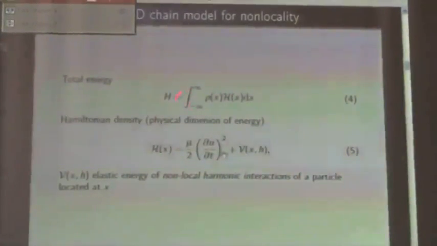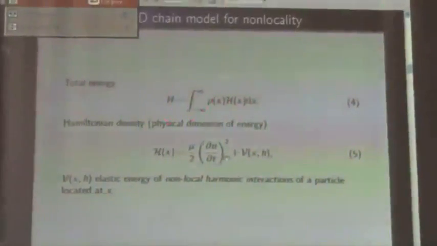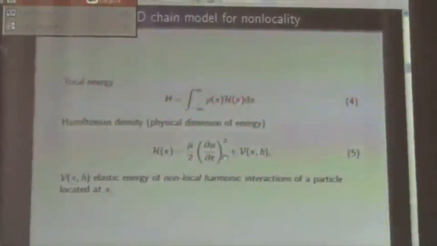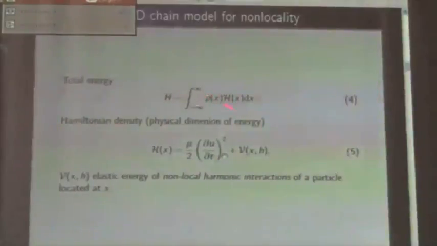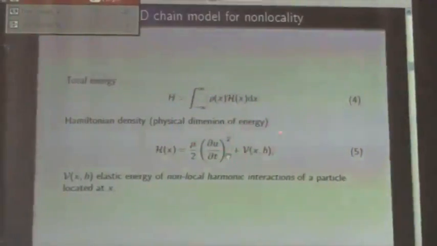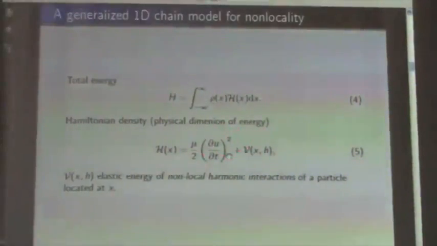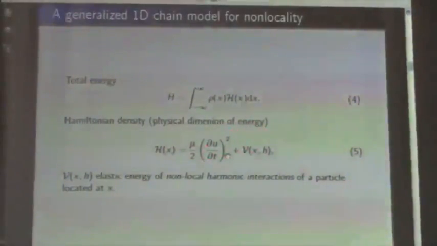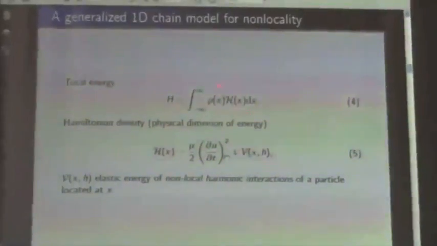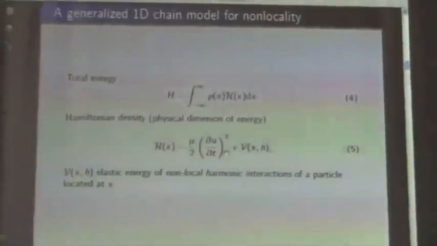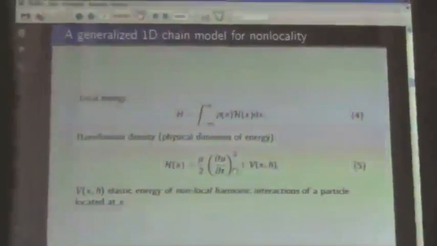So when we write the total energy with this density, it can be easily written with this. It's actually a sum over all lattice points, and H is the Hamiltonian density, which has here a dimension of energy, because rho has a 1 over length dimension. So now let's consider